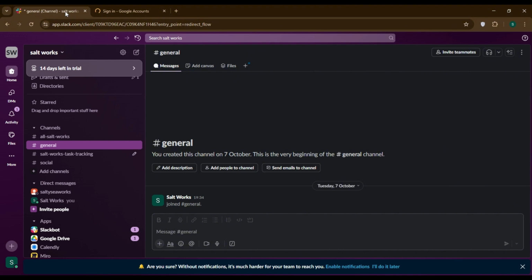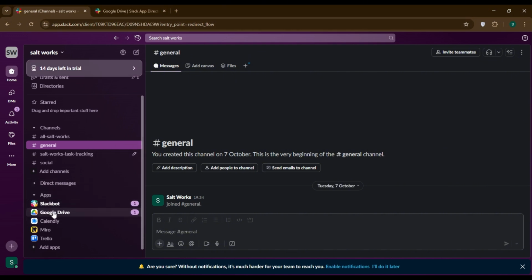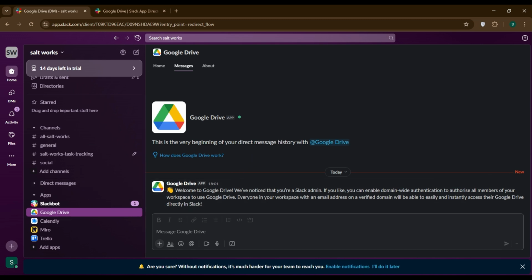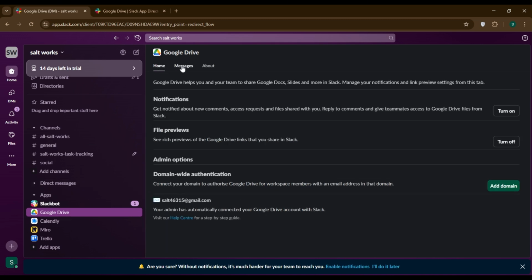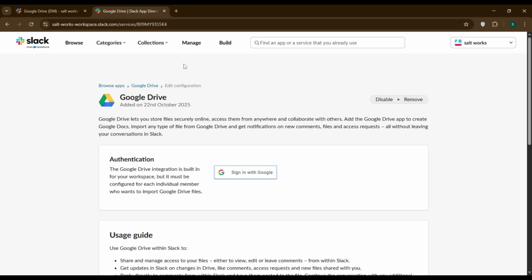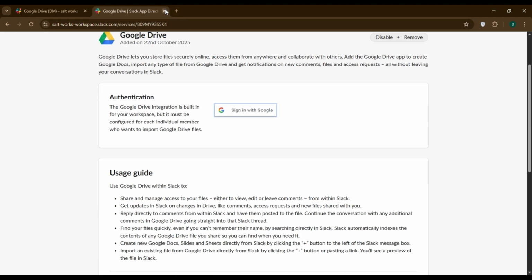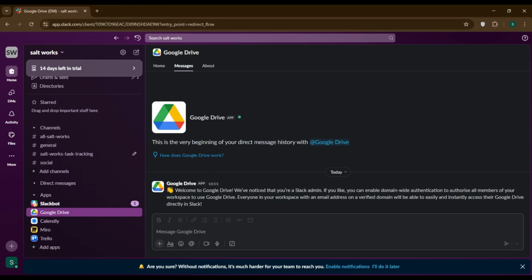You can also set up notifications. Go to your Google Drive app settings in Slack and choose which folders you want to get updates about. When someone comments on a shared document or requests access, you'll get a notification right in Slack to quickly find